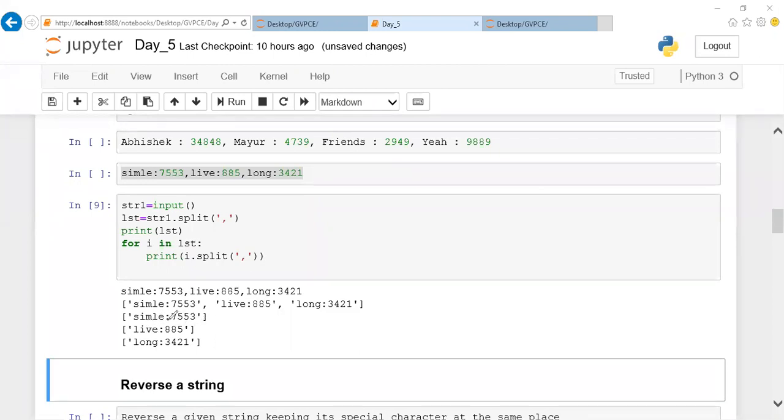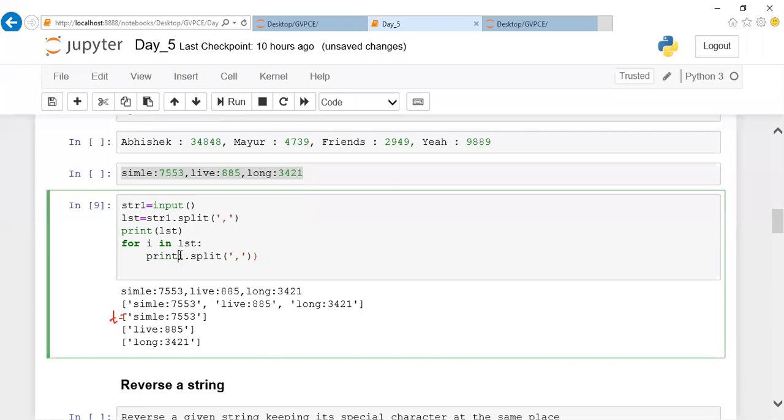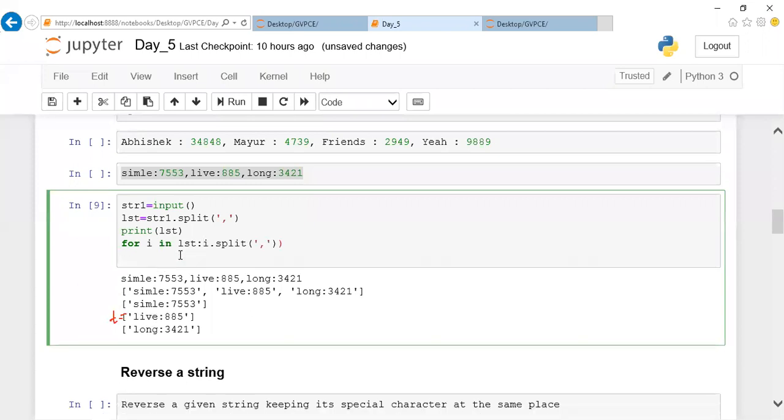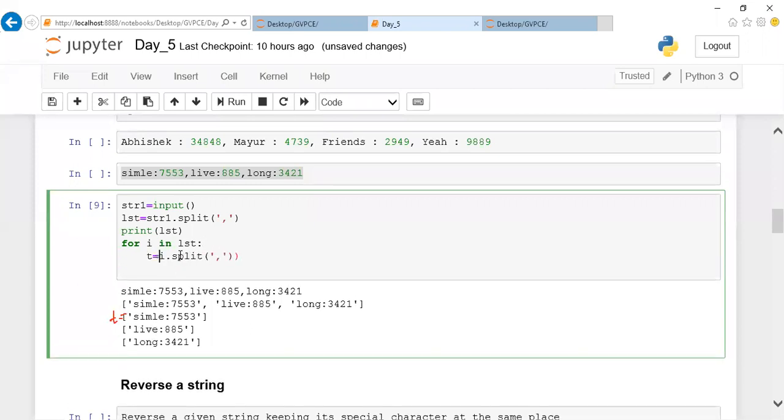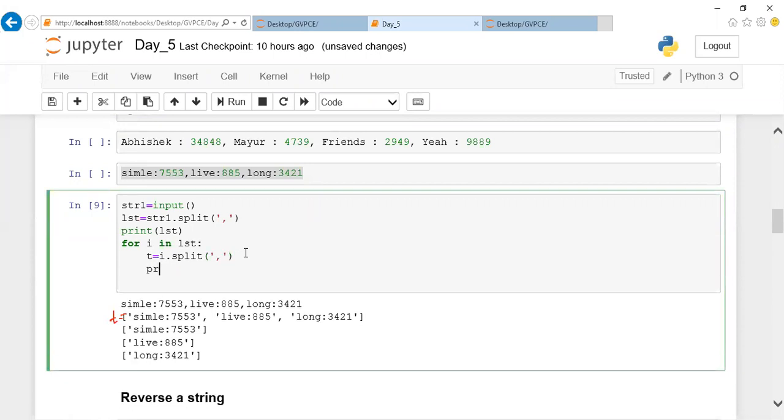First is smile and this value will be split. So you can store this data in some variable name. For example, right now let me store it in a variable, and I'll print it and show you. Let me assign T. T assign split. And after this, let me try to print this T and show you what happens.